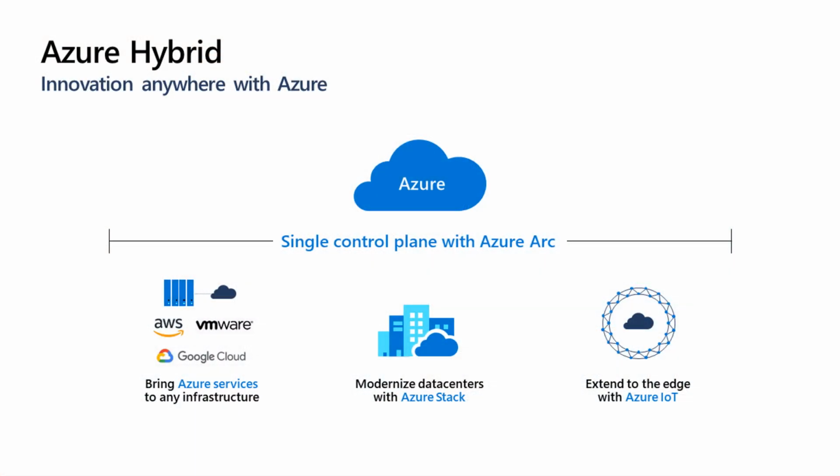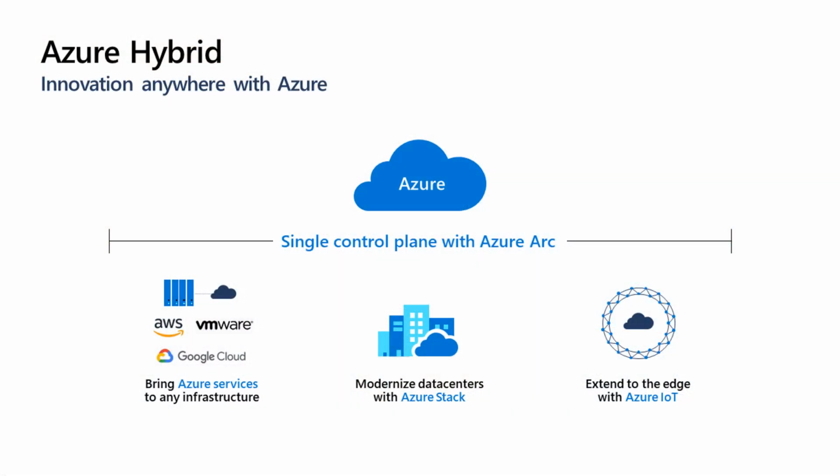Now that's where this hybrid strategy comes into play. With Microsoft's hybrid approach, we're bringing specific Azure technologies from Azure down into your on-premises environments, and at the same time enabling centralized management, control and governance for those on-prem environments, all from Azure. Now when it comes to IoT, Microsoft provides a suite of powerful IoT solutions to connect and manage your IoT devices at the edge, all managed centrally from Azure.